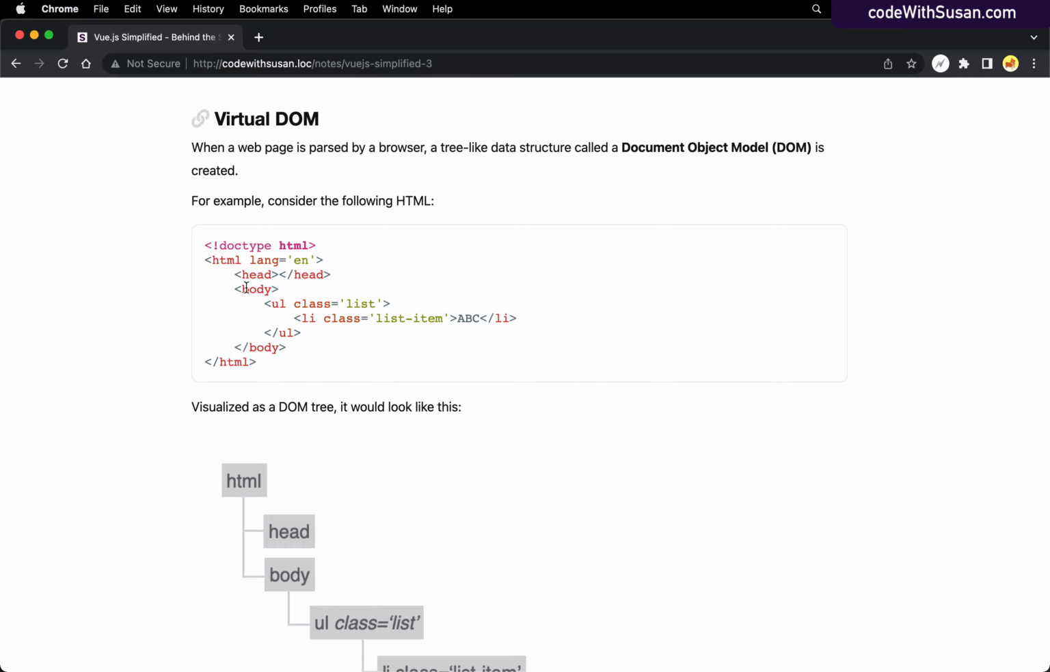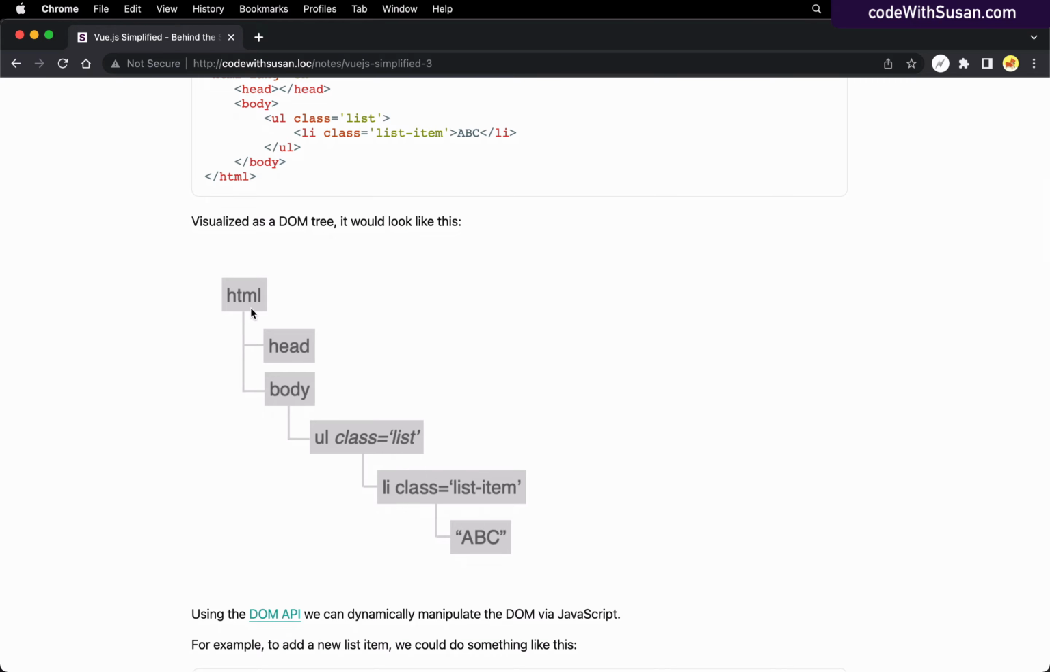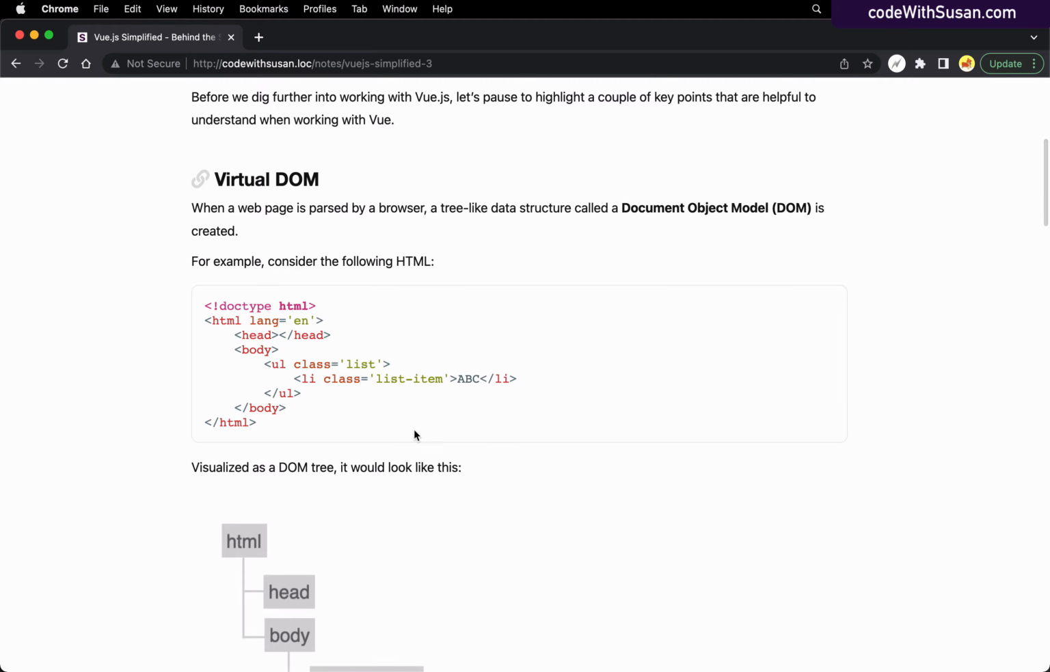Then looking further within the body element, we have an unordered list, and then that unordered list contains a list item. If we visualize this in a tree-like structure, we can break it down like this diagram, right? So the HTML is the outermost element, then the head and the body, and then again, the body is broken down further into this unordered list. So that's the basic idea of the document object model, this tree hierarchy type structure that is formed by our